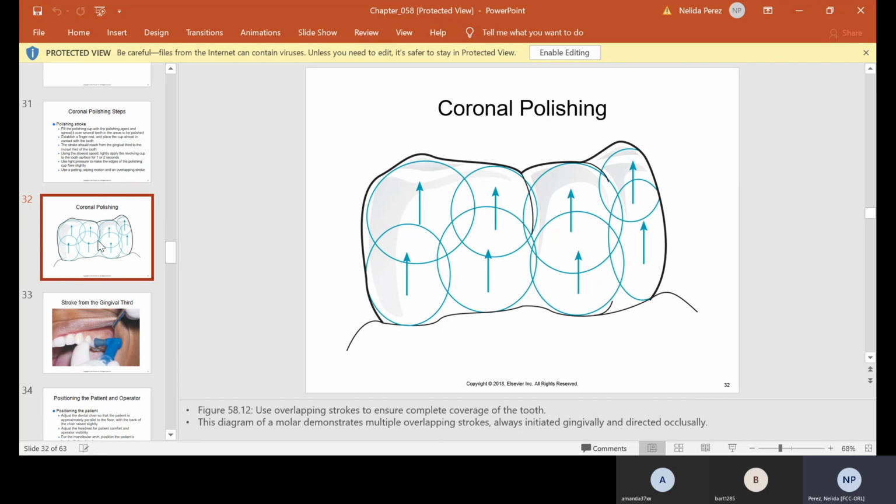So normally I tell the students that it's like, for the ladies, you should know this, like painting your nails. You start on one end, you go to the middle, you go to the other end. Now, some teeth may need 3 strokes, 4 strokes, 2 strokes, 1 stroke, depending on their size. The other thing that you should know is you should start at the gum line and always work away from the gum. So if this is the lower, you would start at the gum, hit the gum, and then